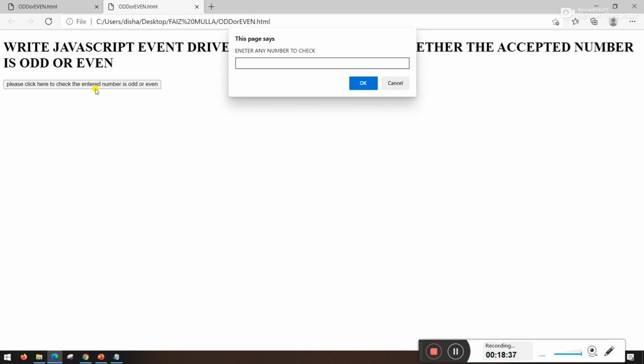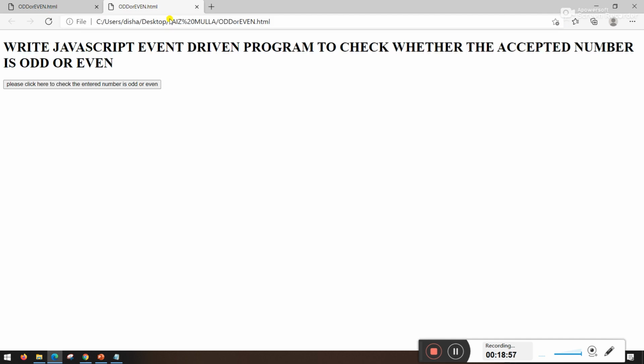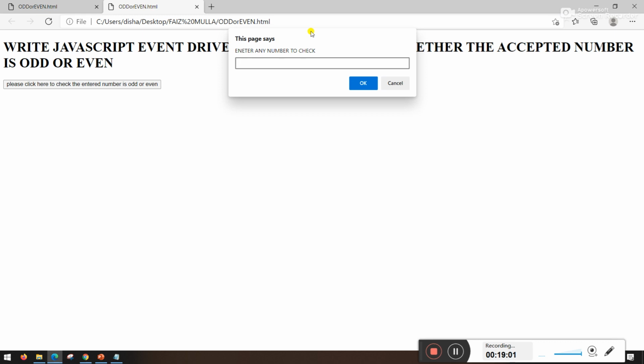Now see the next example again. The next example is, for example, 5. Now see, entered number 5 is odd, right? As 5 is not divisible by 2, it always returns the remainder of 1. So it is not an even number, it is an odd number. See the next example again, 51.